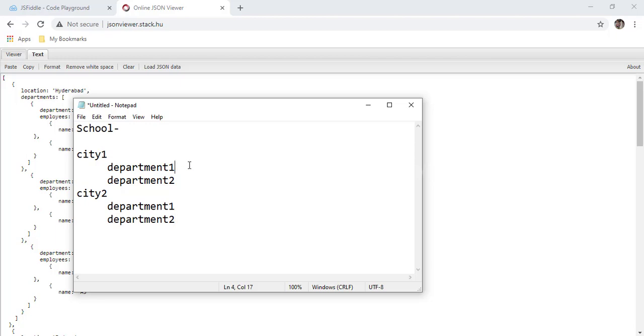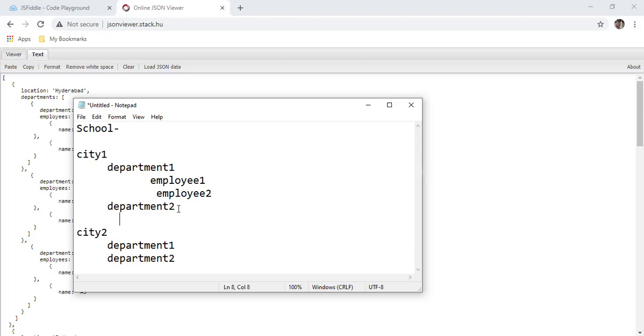And each department will have n number of employees. So we can say employee 1, then employee 2, similar to that. Other department will also have employees E3, E4, and so on. So when you will create an API for that, suppose I want one drop down and